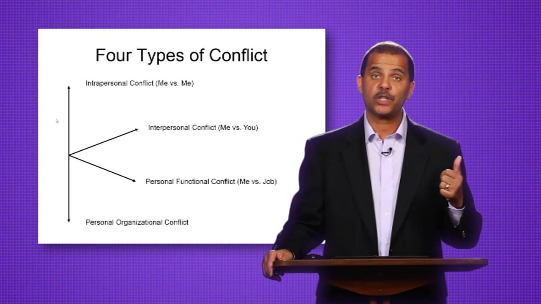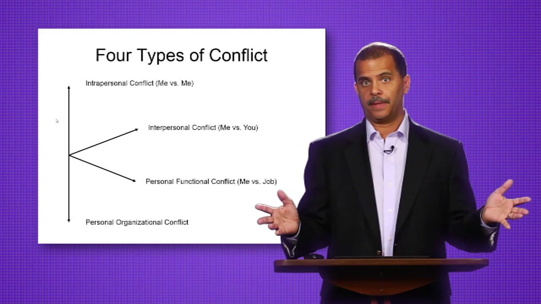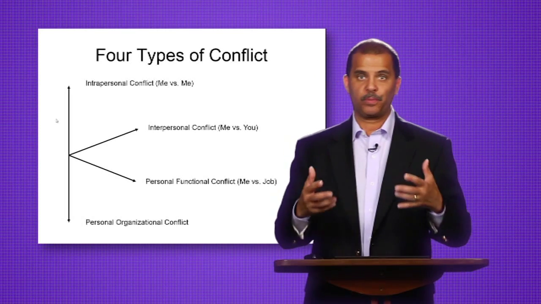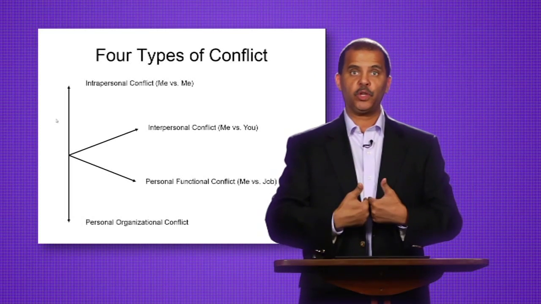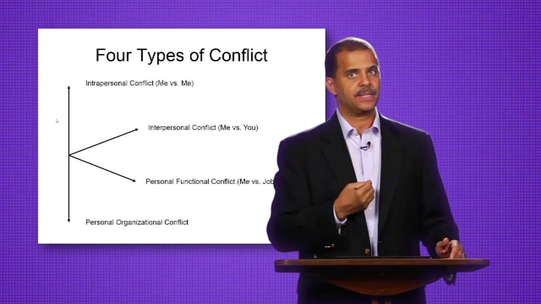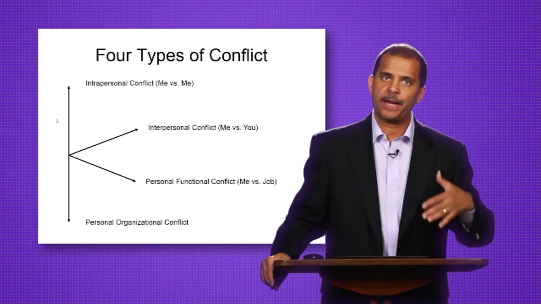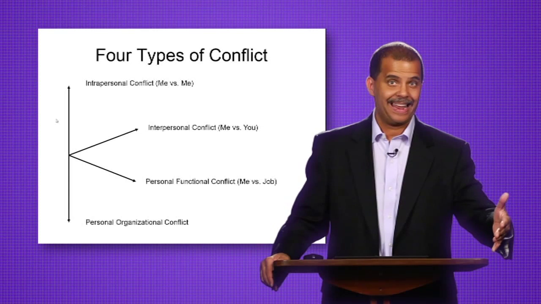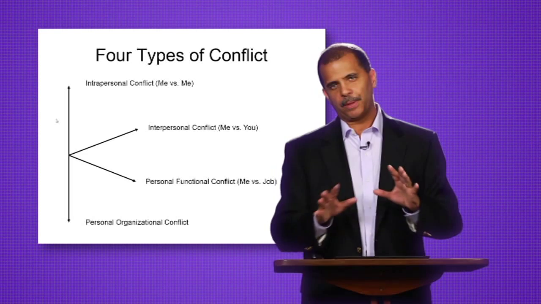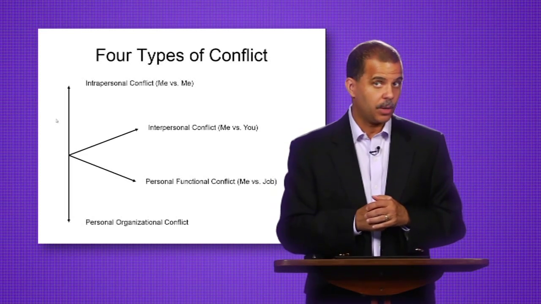The first is intrapersonal conflict. So that's conflict within yourself. So if you're not clear about what you want, you're ambivalent, then that's going to produce conflict. But that resides within you. So before you can manage conflict, you have to get clear within yourself what you want. Because think about it. Have you ever been in a situation where you're trying to resolve conflict with another person and they don't know what they want? It goes nowhere.